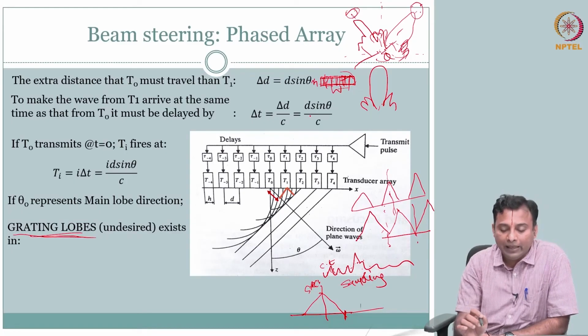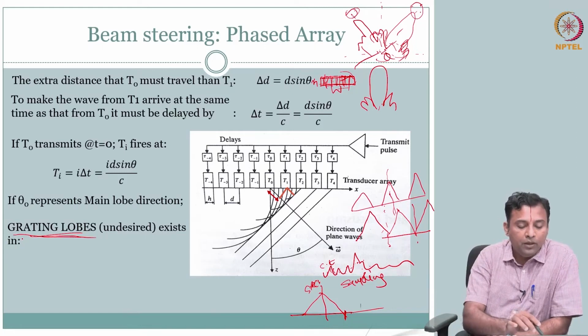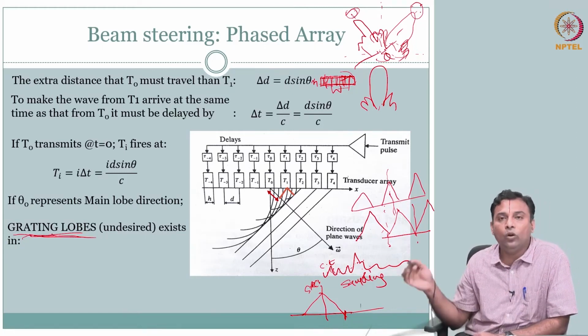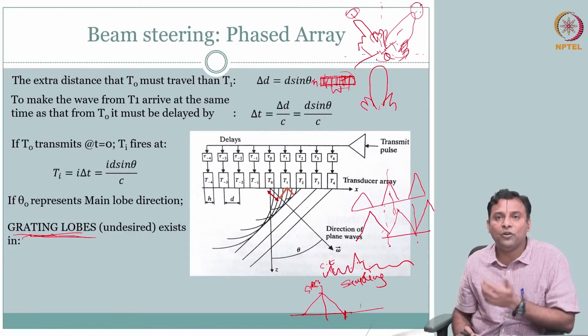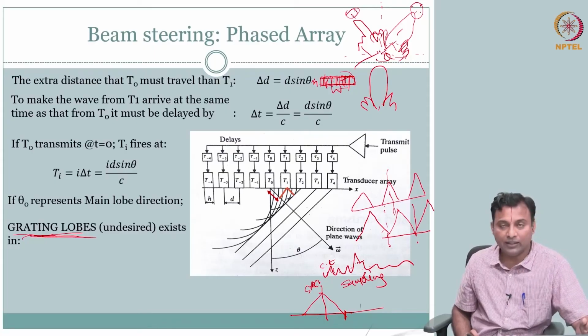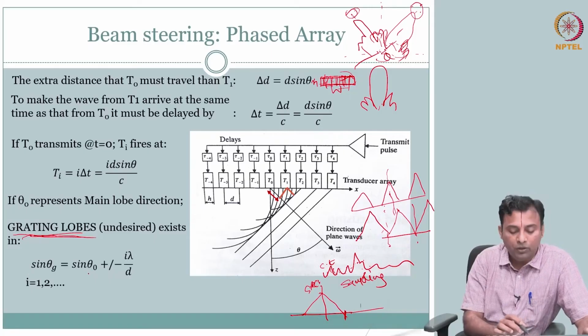The sampling parameter here is d, how close the two elements are. How close the two elements are is going to dictate whether you are going to have copies of your main lobe and side lobe. This copy of main lobe and side lobe is called your grating lobe. So, I will just leave it at that. You can have your own imaginations of what it is, but that is a very powerful design constraint. So, you can have your grating lobe: sine of grating lobe is sine of theta plus or minus